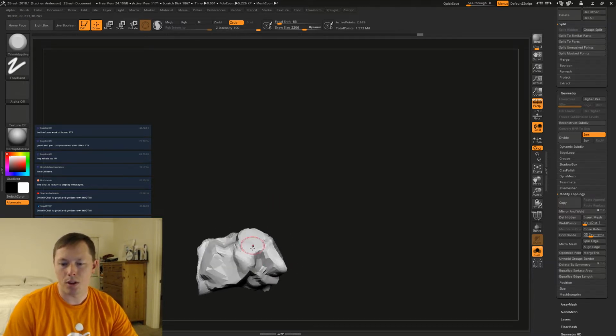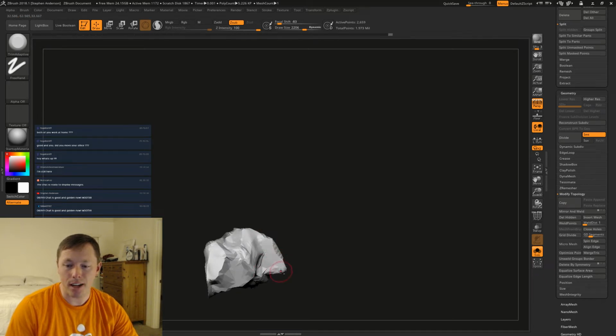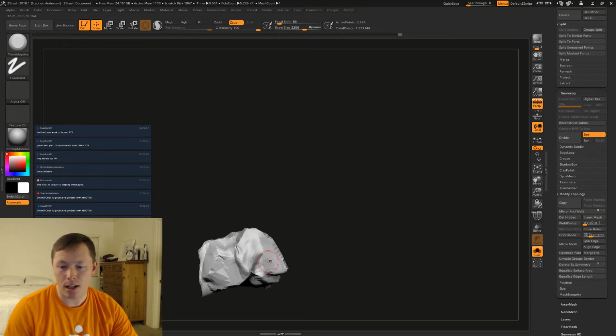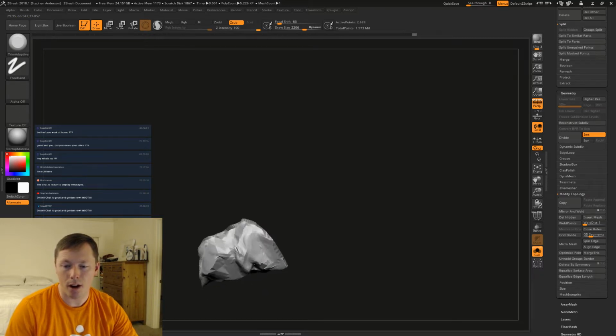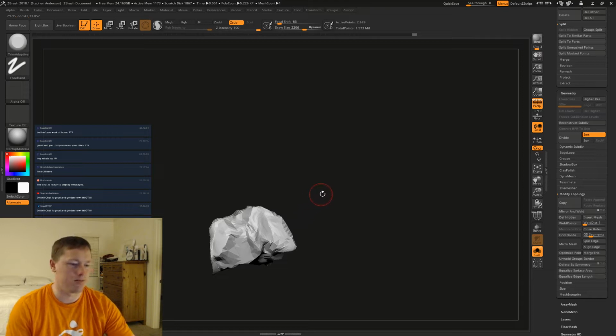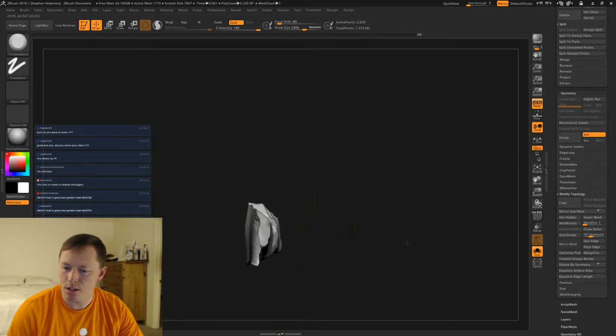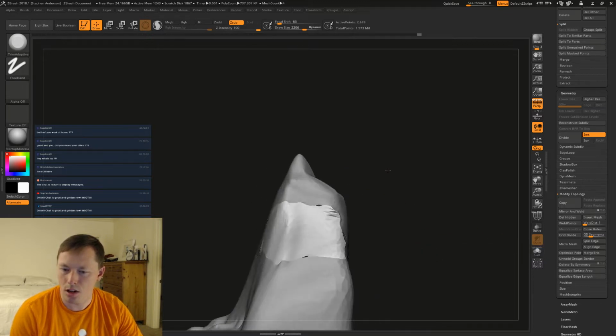You can use both the regular function to flatten it down, and the alternative function to build it up. You'll get different effects which will help you give your rock faces different shapes. So it's helpful. Okay, we'll call that good. Unsolo that.